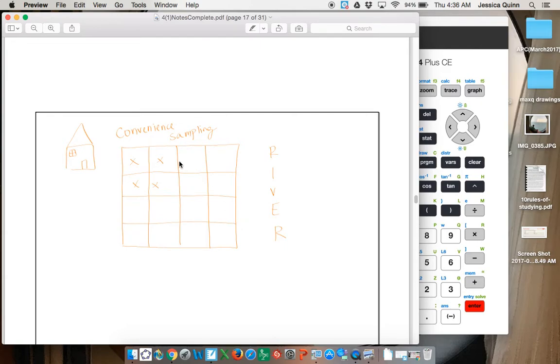So if you think about the setup like this: if this is the farmer's 16 plots, and here's the river, and his house is over here, he could just take the 4 plots that are the closest to his house. But again, that's convenience sampling, which often leads to bias. And in this case, if you think about it,